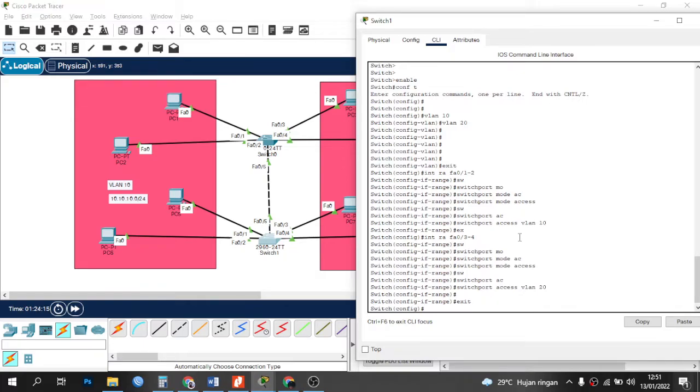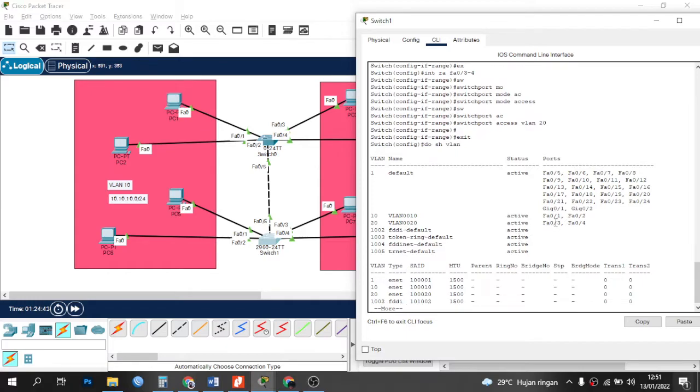We verify first whether each interface has entered the VLAN or not. For how, type do sh vlan on switch 1.